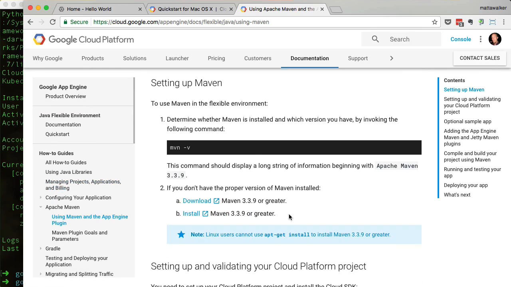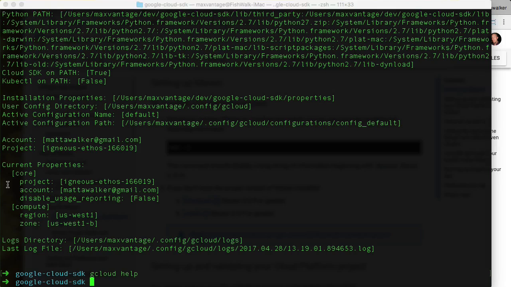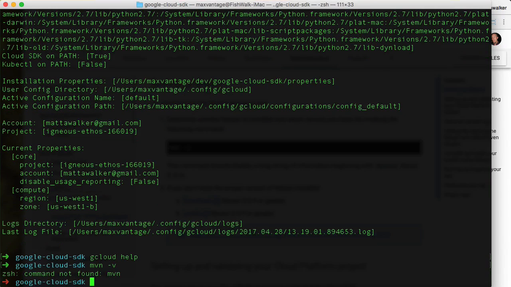And this page reminds me that we should make sure Maven isn't already installed. So let's do that now in our terminal by typing mvn -v for version. Nope, not installed. That's what command not found means. It means the terminal has no idea what we're trying to do with that command. So back to the browser